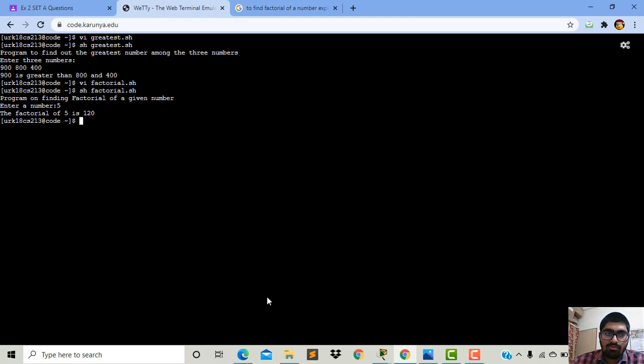With i less than or equal to number, it should perform up to 5 operations: 5 into 4 is 20, 20 into 3 is 60, 60 into 2 is 120. Now it will perform according to factorial into i. Now we will see the next question.